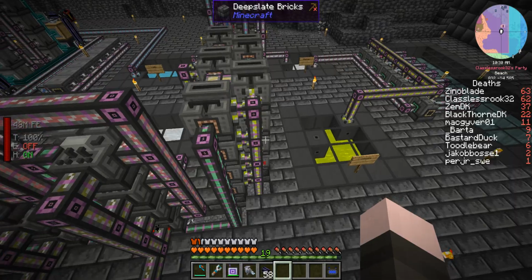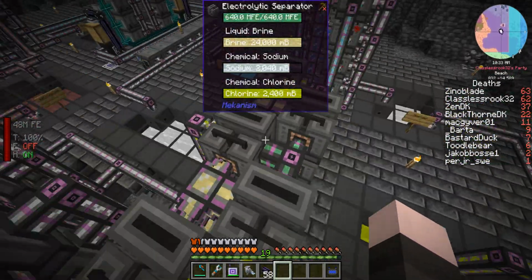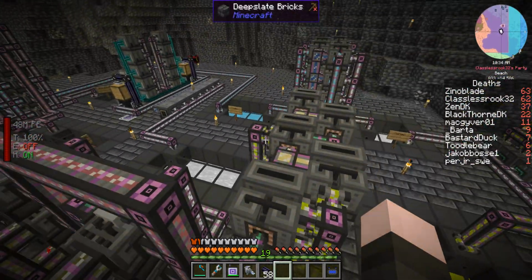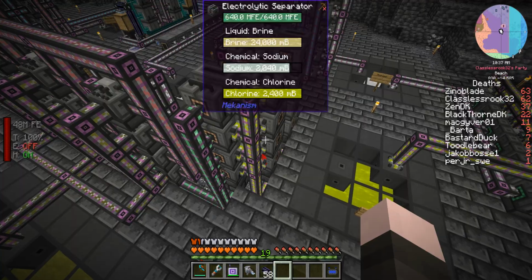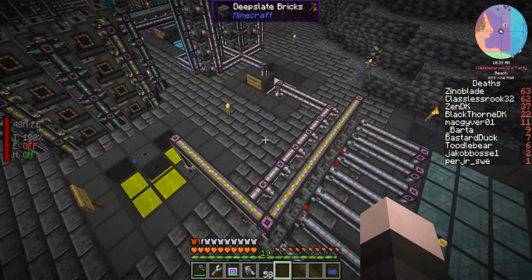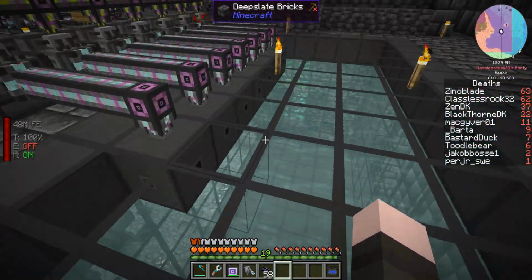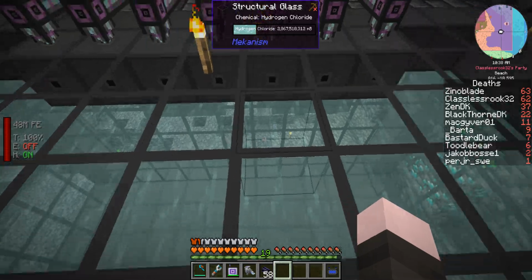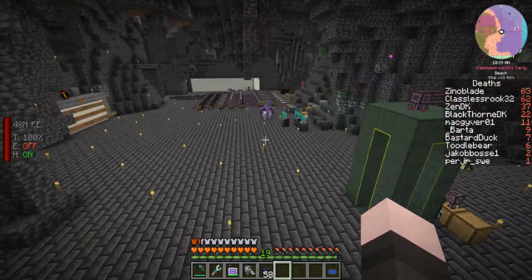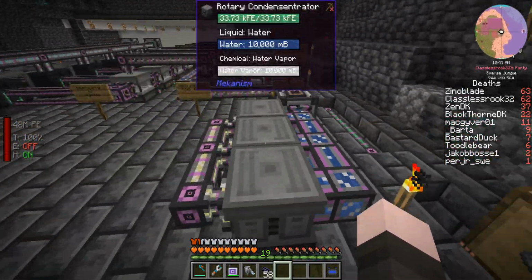And yeah, these are sped up. This is why I kept running out of brine, which I mentioned in the last episode. And that's being stored in this tank. Now, if you put hydrogen with chlorine in chemical infusers, you produce hydrogen chloride. One thing I'd like to note, I used to make it a different way with this setup here,